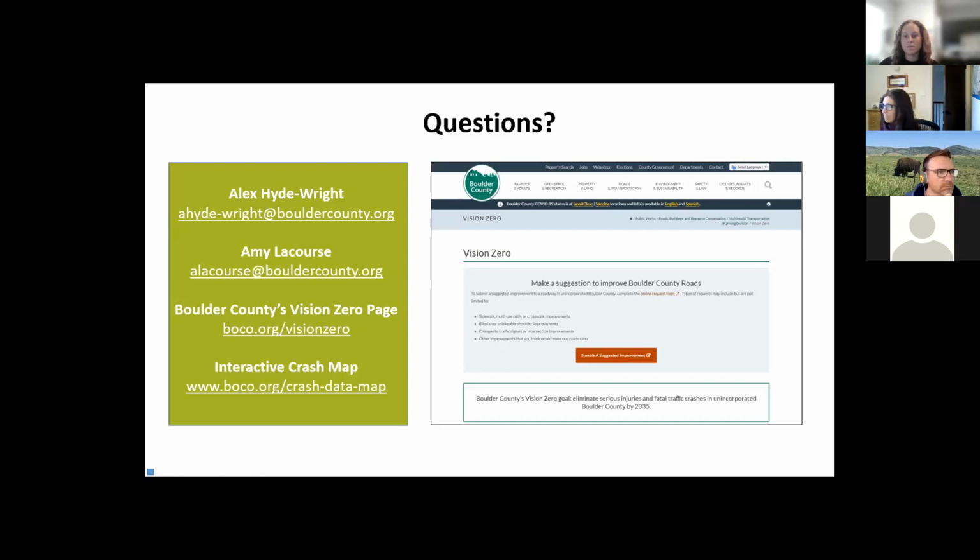Hey, that is something that I think we'll definitely look at when we look to our Vision Zero action plan this year and revamping some of our safety education outreach to be consistent with the types of crashes that we're seeing.